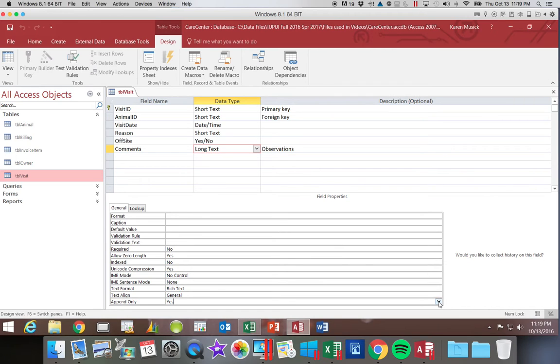So what append only lets us do is, instead of replacing the text every time I type in it, it adds a historical log. So for example, if I was tracking customer contacts and maybe credit collections, so each